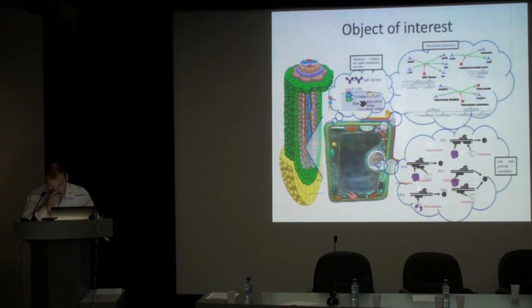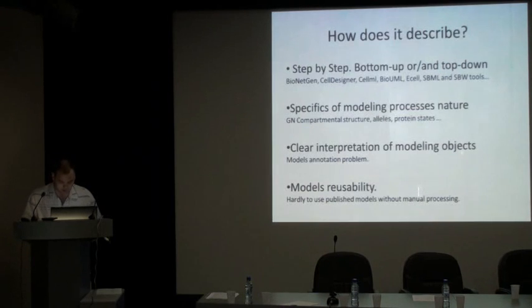Our work's main problem in this domain is how to describe, in a single standard, gene network processes that have different organization, function, and nature. So there is only one way to describe a mathematical model of a gene network. You should do it step by step, using bottom-up or top-down methods. There are a lot of tools